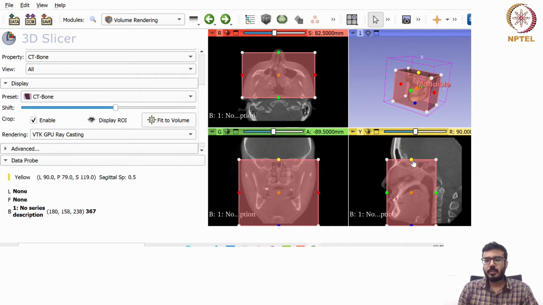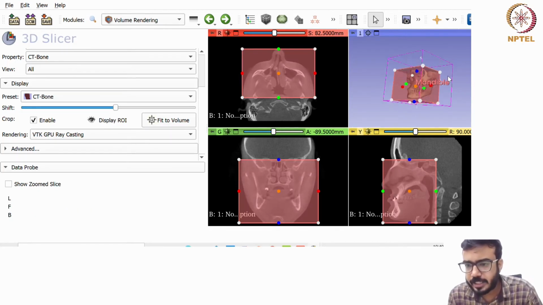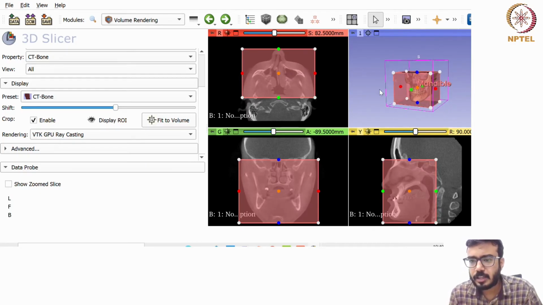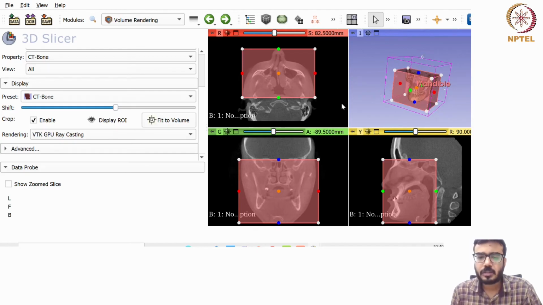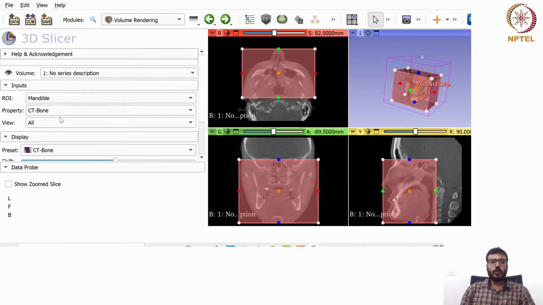So basically this will help us to, I am trying to extract the mandible portion. So we will exclude all other details which is outside this mandible area. So once this is done, now we will go to